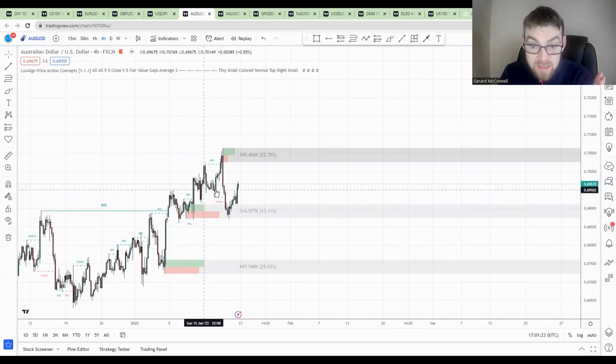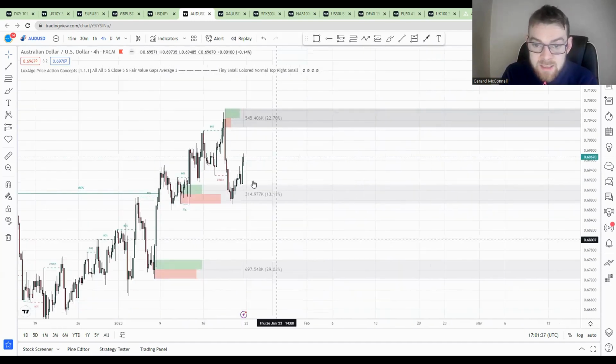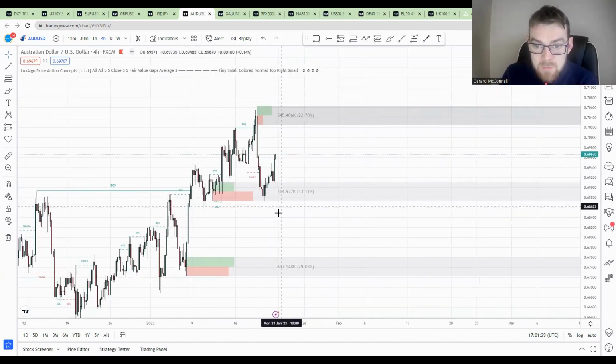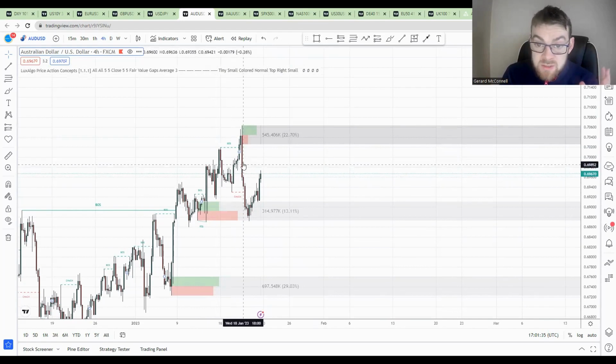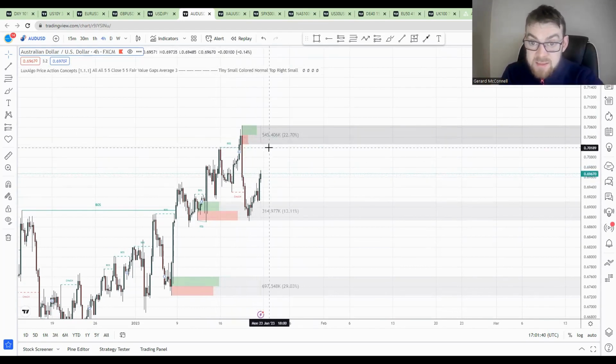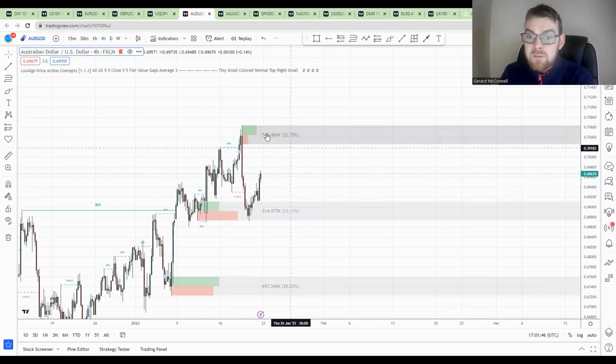Yes, we have had an internal break of structure, but now you can even see here that we've had equal lows. So does that mean that the price action is going to come back up here and reject 70.20, 70.40 this week? Well, that would be the short-term expectation. 70.20, 70.40 is the short-term expectation. And then really seeing, do we get a new high, or do we get equal highs, rejection, taking of liquidity, whatever, and then evaluating the price action.